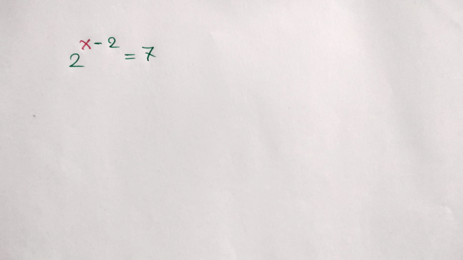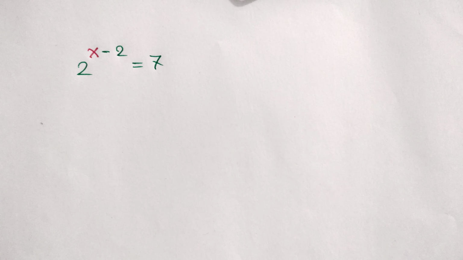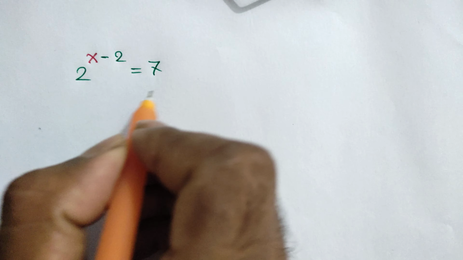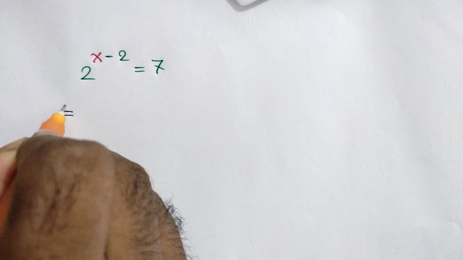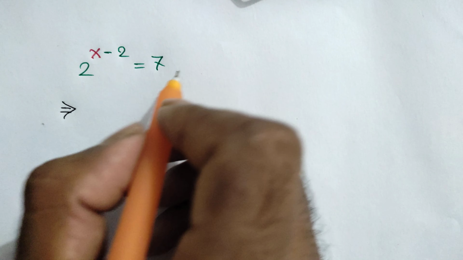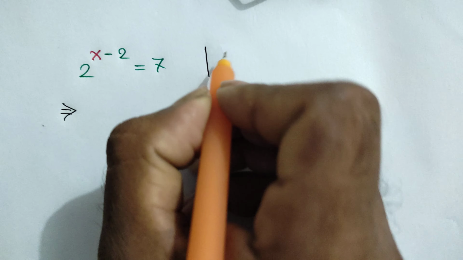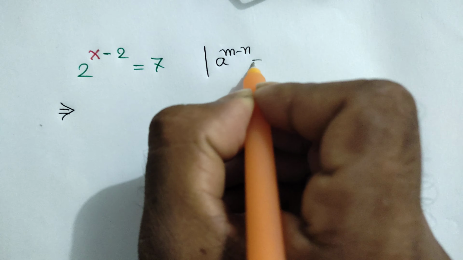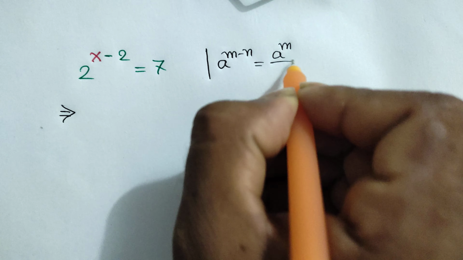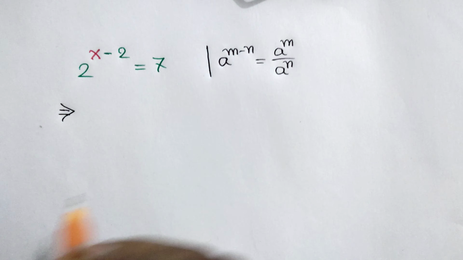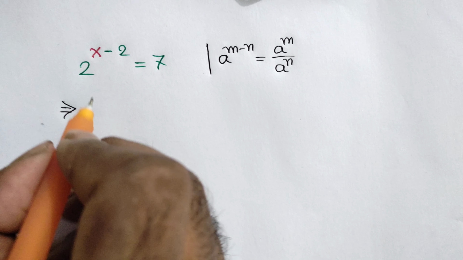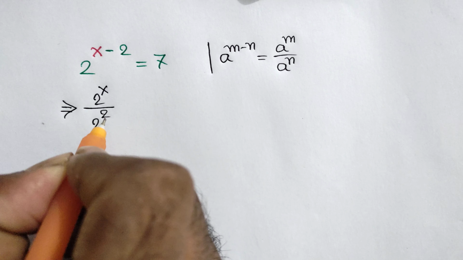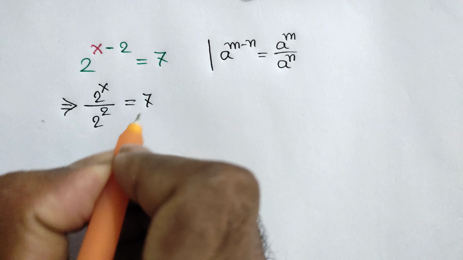Hi everyone, in this video I am going to show how to find the value of x where 2 to the power x minus 2 is equal to 7. We know an exponential formula: a to the power m minus n is equal to a to the power m over a to the power n. Now apply this formula here, we will get 2 to the power x over 2 squared is equal to 7,